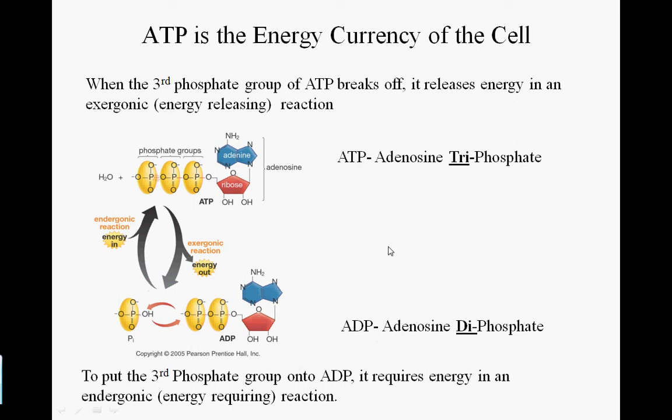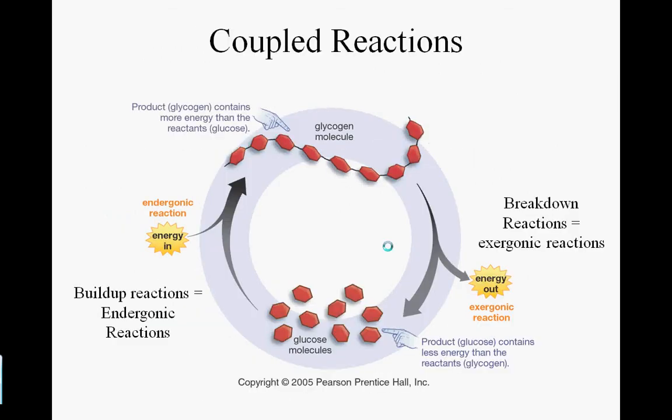So let's just do a quick review. ATP, adenosine triphosphate. Look at the prefix tri. It has three phosphate groups. That tells you right there. Adenosine diphosphate. Again, look at the prefix di. It has two phosphate groups. So you can look for clues in your answer choices, and it tells you right there: di, 2; tri, 3.